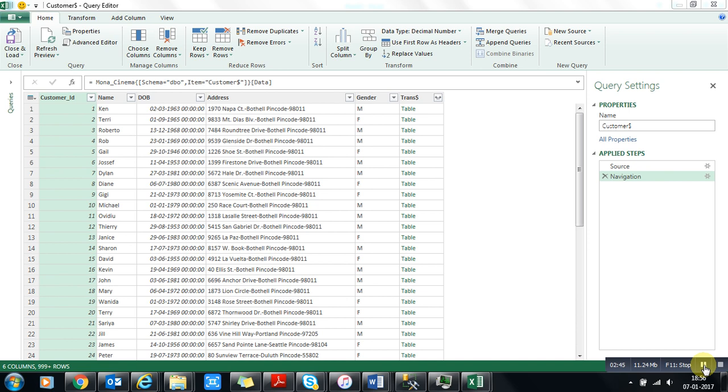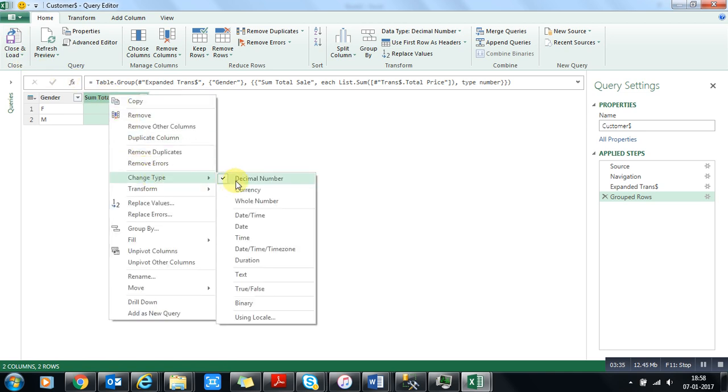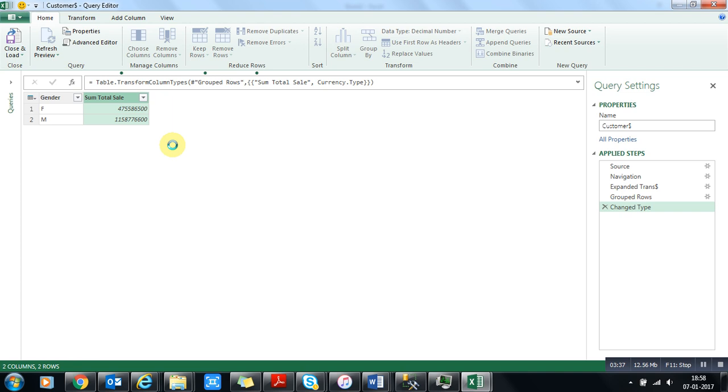In the operation I will perform Sum, and the column is Trans Total Price. Once I click on this, you can see we can easily modify this data by male and female. Once it is there, I will change it to currency. Now I load it into the table.